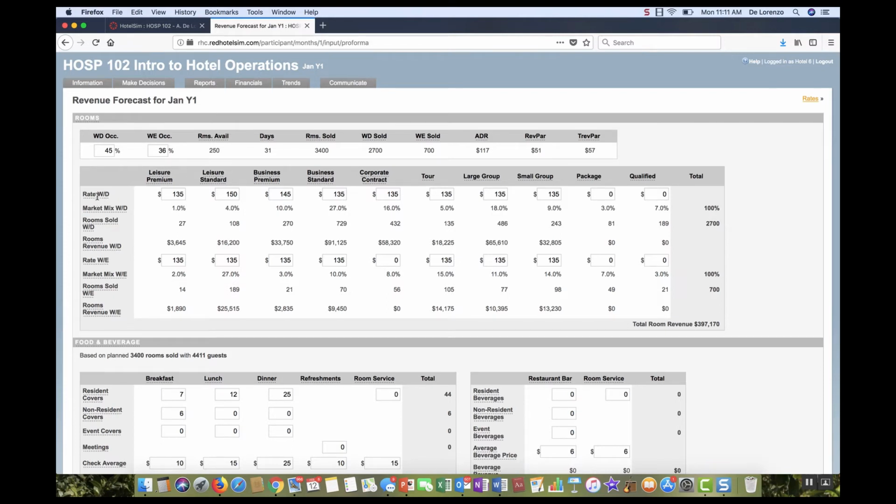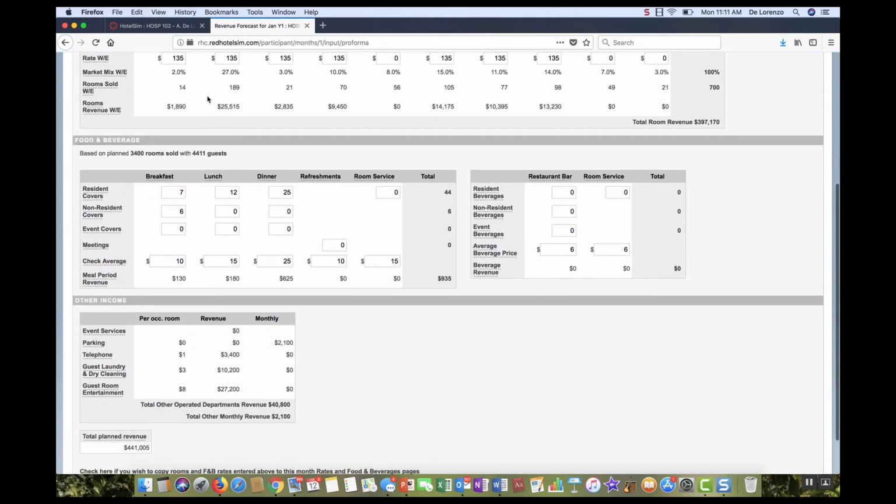Okay, and here, if you do not understand these terms, you see these dotted lines, you can just click and hover over it, and there's a glossary pop-up that explains each term. Market mix, WD, the percentage breakdown of weekday revenue into segments. Once you've inputted all your rates, your occupancy,